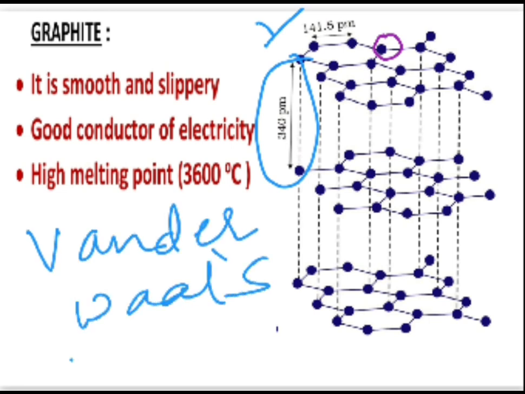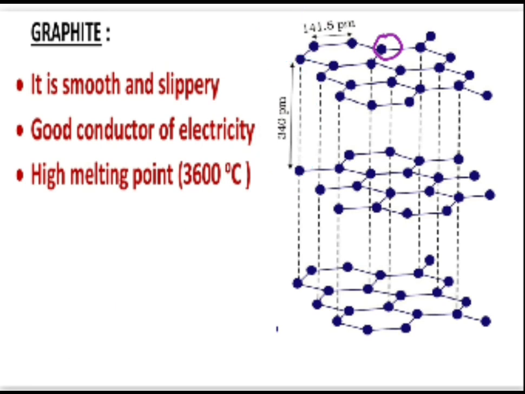You can get the details about this van der Waals force of attraction in the upcoming videos. However, at this particular instance of time, you just need to remember that there is a certain weaker force of attraction existing between the layers which are present one above the other, right? And this is termed as van der Waals force of attraction. Is it clear? Then the next thing we can justify is that it is smooth and slippery or greasy in nature. Why? Because as we can see from the structure, there is a weak force of attraction between the layers, which results in the greasy nature of graphite. Is it okay? So that's about graphite.